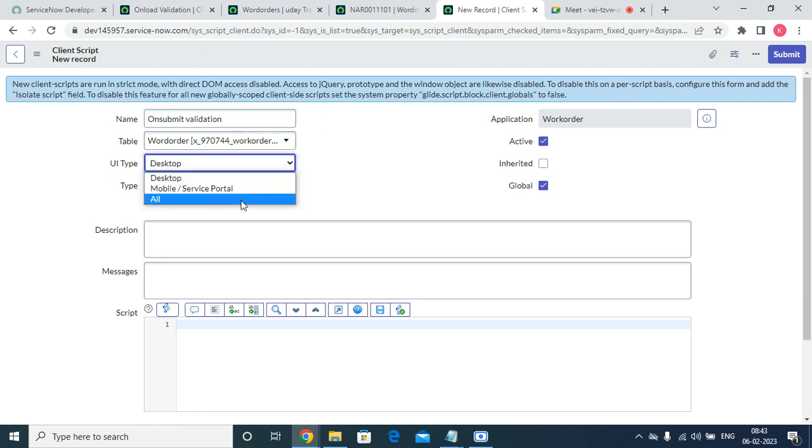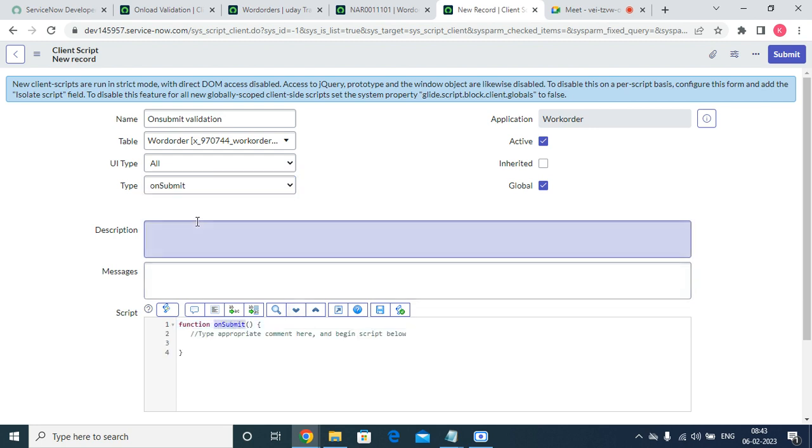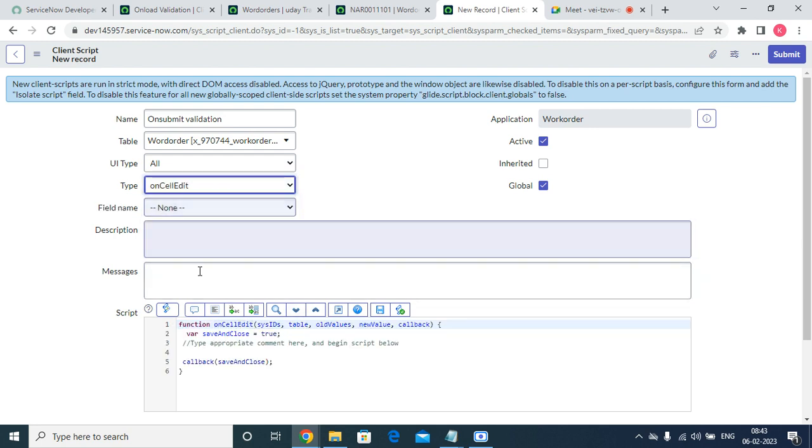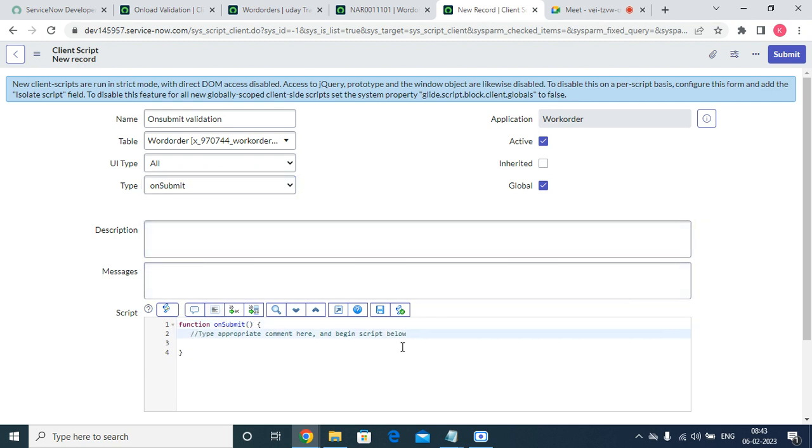The same concept: the type is on submit, so the onSubmit function will come. If you select onCellEdit, that will come; if you choose onChange, that will come. That's a different story. Now we require on submit. What was the logic for it? First, we need to check what value was entered in the state field. So state equal to